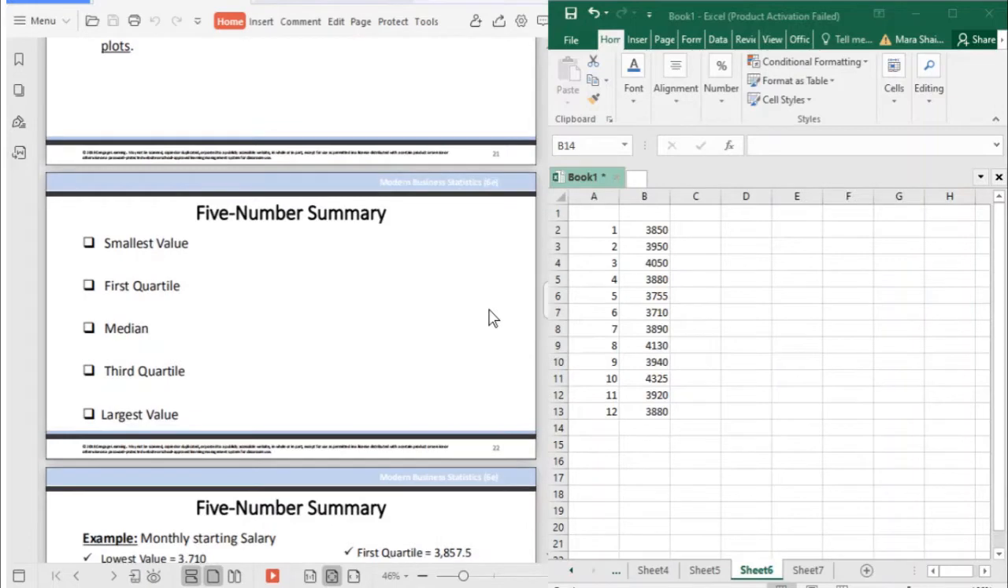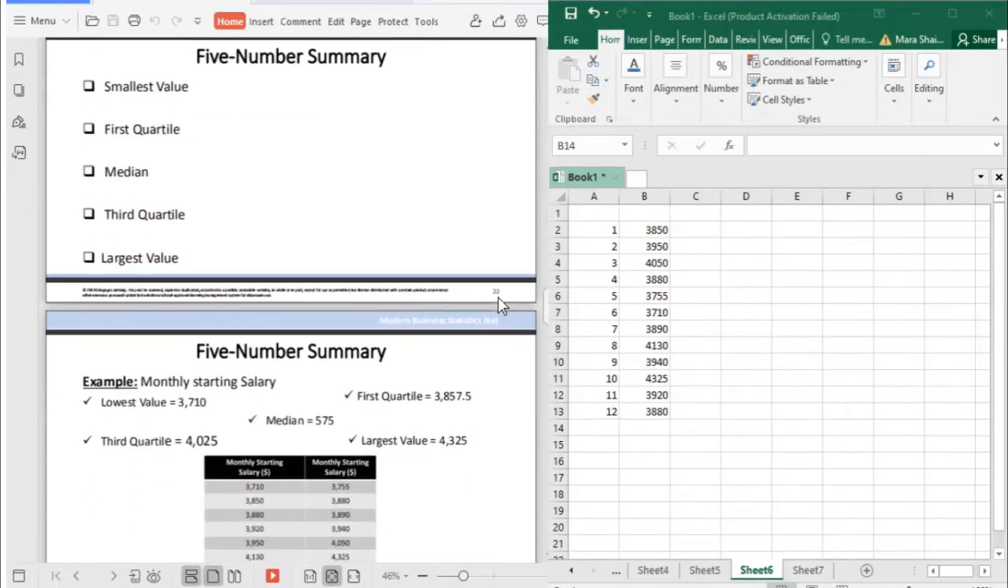So in a 5-number summary, of course, 5 numbers are used to summarize the data. We have the smallest value, the first quartile, the median, the third quartile, and the largest value. To illustrate the 5-number summary,